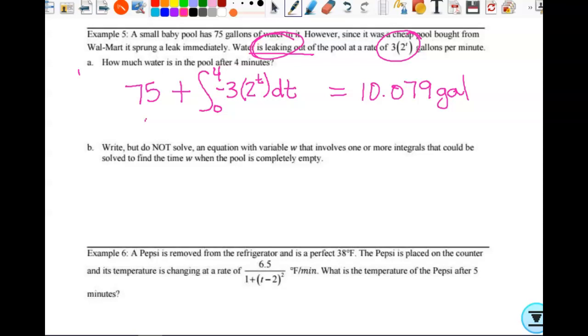All right, now what do you think about this? Write but do not solve an equation with variable w that involves one or more integrals that can be solved to find the time w when the pool is completely empty. When is the pool going to be completely empty? When is there going to be no water in the pool? What has to happen for there to be no water in the pool? 0 equals what? You're right, 0 water would have to equal the initial,